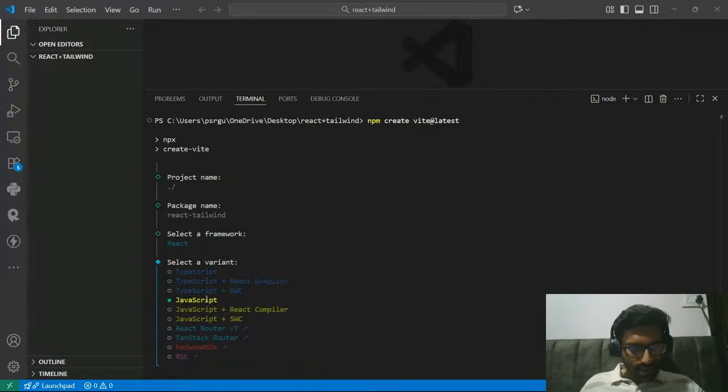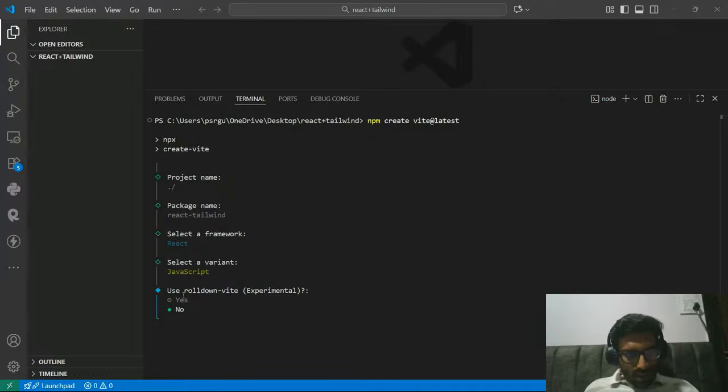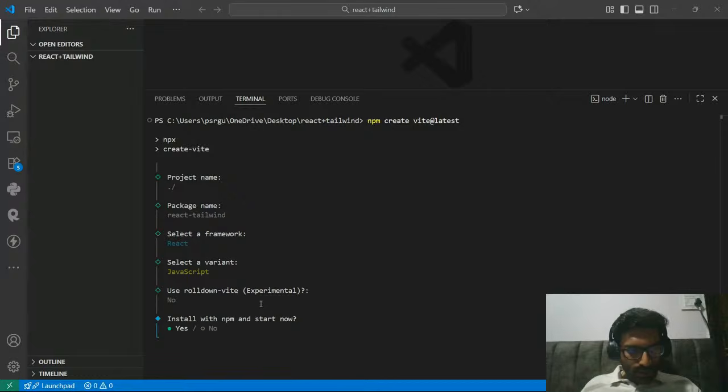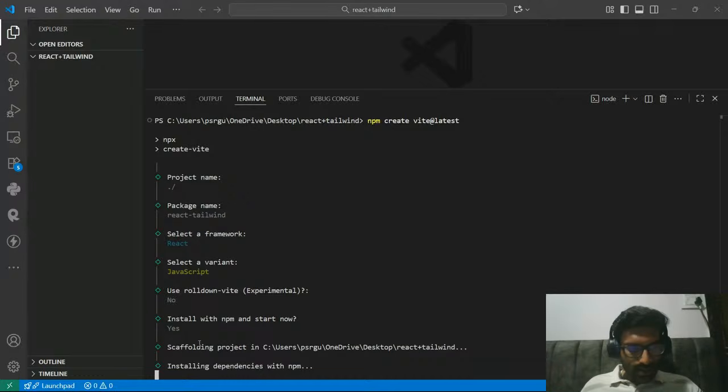Simply we will select JavaScript. Then rolldown-vite, which is an experimental option. No, I don't want to experiment with anything. Then, install with npm and start now. If you select yes, it will install all the packages inside this folder and start your application. So we'll select yes.